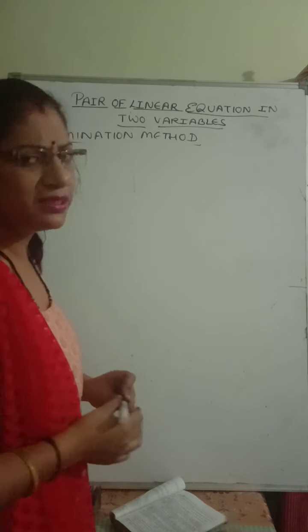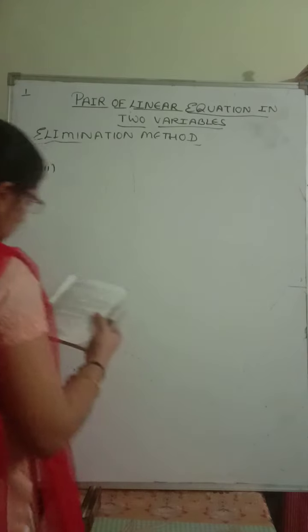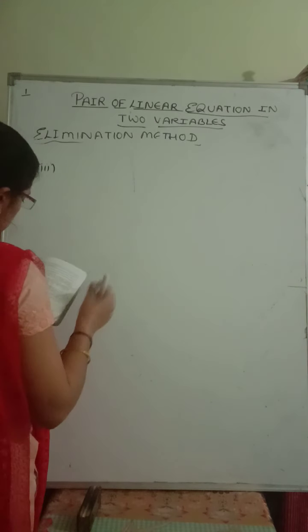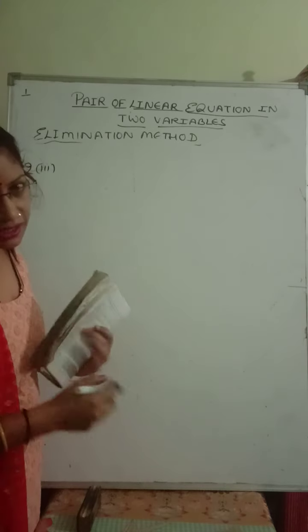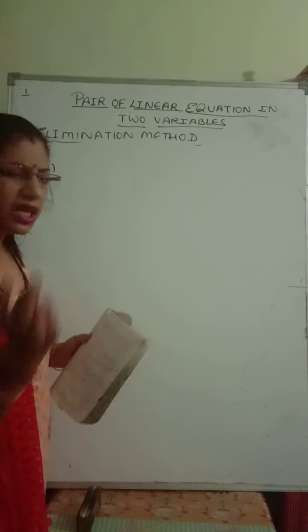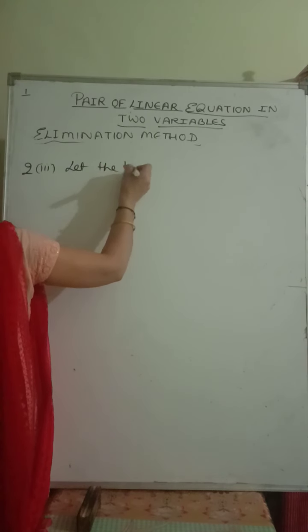We have to form the equation, otherwise everything is easy. Elimination method you can do by yourself. Third part is: the sum of digits of a 2-digit number is 9. तो पहले तो 2-digit number assume कर लेते हैं क्योंकि जिसकी बात हो रही है, let us assume that first. Okay, let the